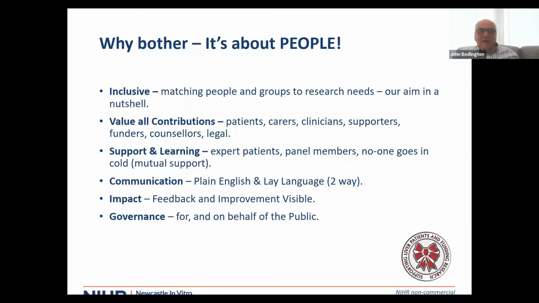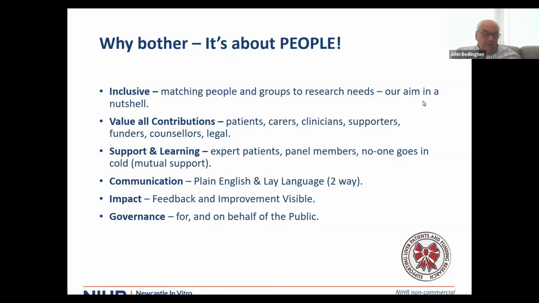Hi everyone, I'm John Bedlington and I'm the chair of a charity called Liver North. It's a healthcare charity and we've been going for 25 years supporting liver patients. It's a national charity. I'm also a hospital governor and have been for 10 years, and prior to that I was a fire officer for 32 years. So I've been in public service quite a long time. We meet the national standards as a charity. The 5 standards, and the first one, the inclusive one,